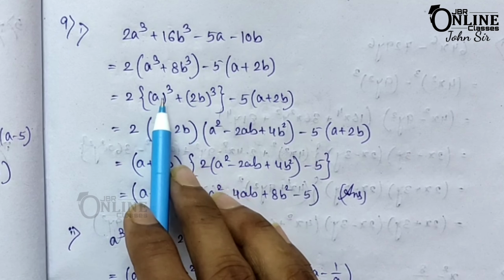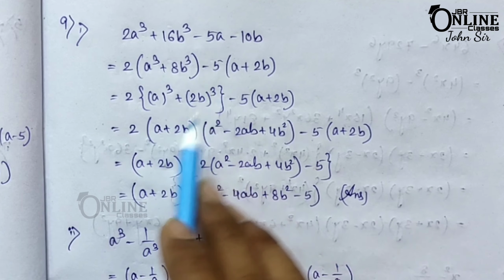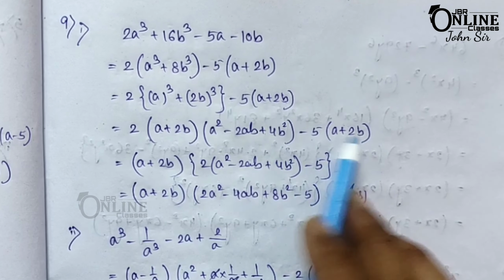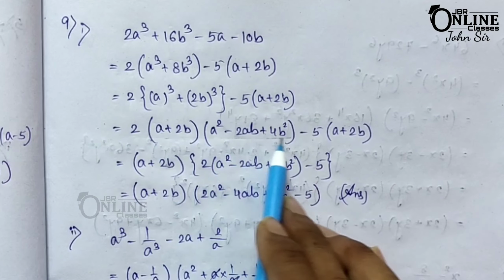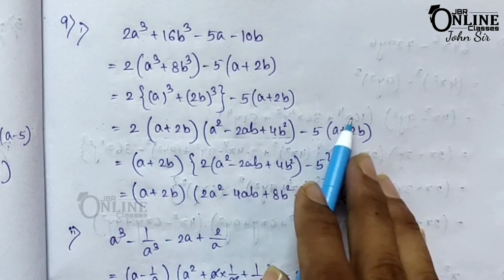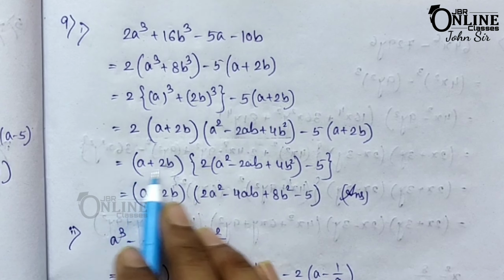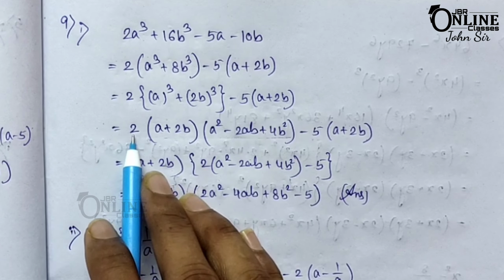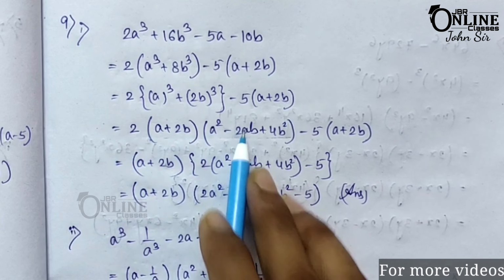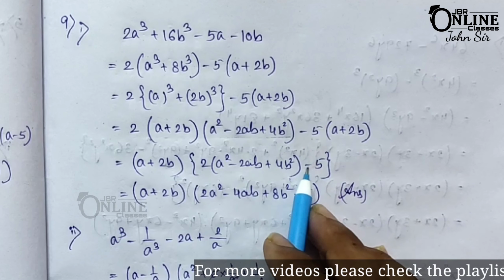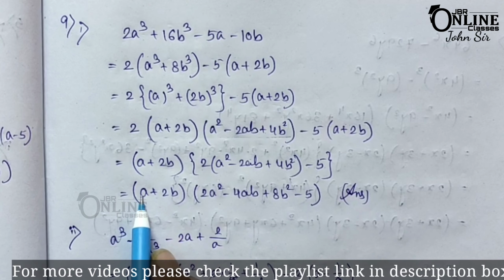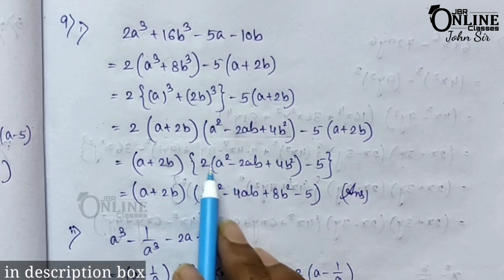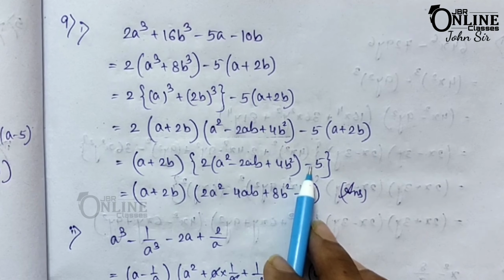So from the first one, you can apply the formula a cube plus b cube, and that is (a plus b) into (a square minus ab plus b square). Here also minus 5 into (a plus b). Now that whole part is the first part, and this one is the second part. So in the first and the second part, a plus b will be common. Sorry, a plus 2b, not b, a plus 2b will be common, then the remaining portion from the first part, 2 into this one, so write down 2 into this one, then minus and then 5. So here the final answer will be a plus 2b, and here 2 into a square, then 2 into 2b minus 4ab, then 2 into 4b square, 8b square, and here minus 5.